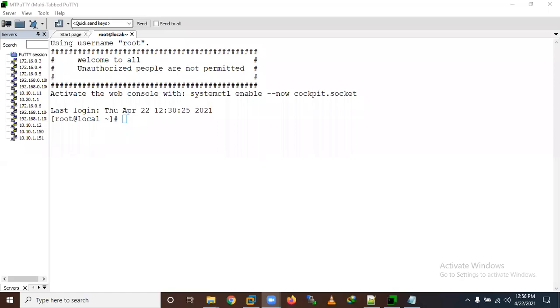How to change your hostname in CentOS 7 and 8. So we need to use the hostnamectl command, hostnamectl set-hostname. And suppose I want to give node4VM, for example. So like that, you can change your hostname, and what it will do, it will update the entry in the backend